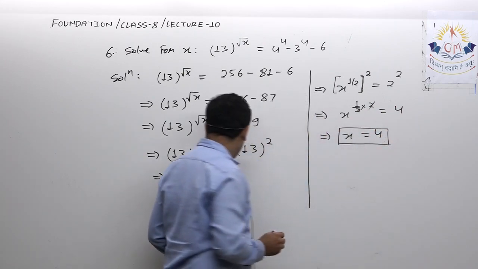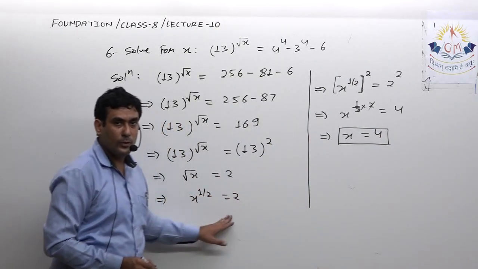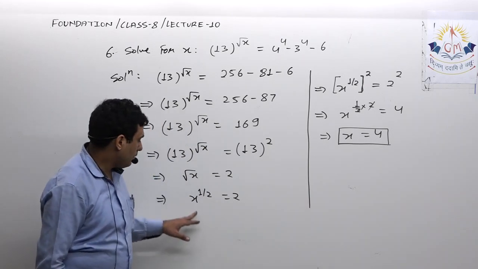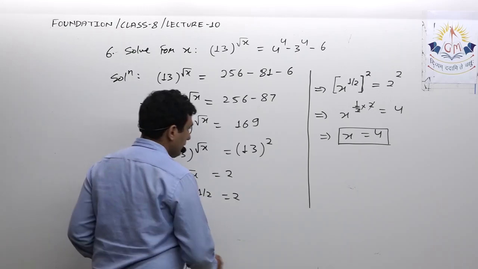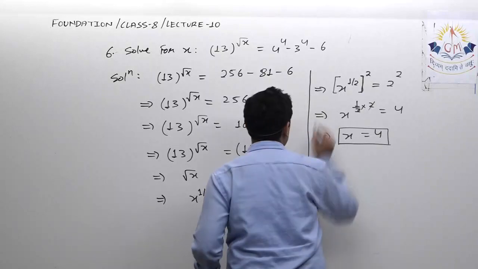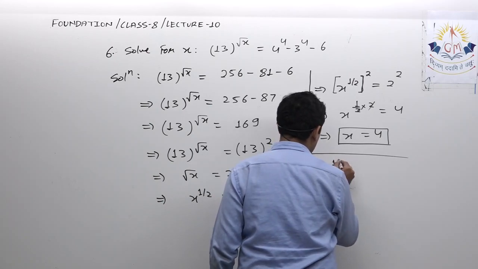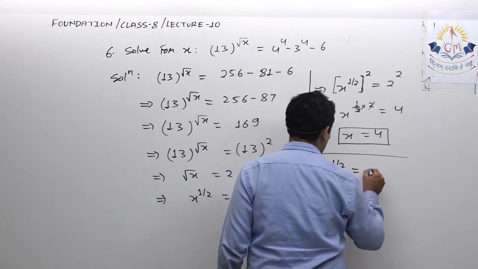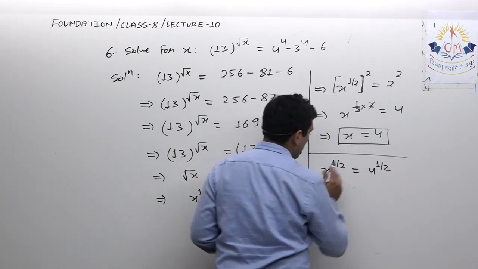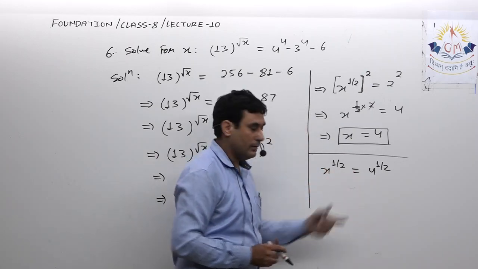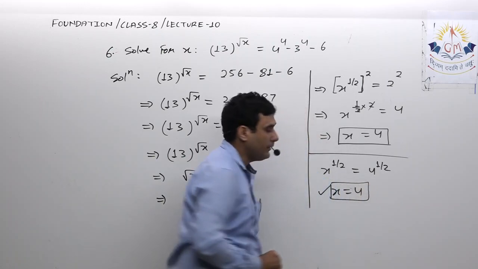Okay, and another thing that can be done. Here x raised to 1 by 2, now when it is not possible to make the bases same, what I will do, I will try to make the powers same. Let me tell you one more way. Either I can go in this way or I can go in this way also. X raised to 1 by 2, and here I can write 2 is actually 4 raised to 1 by 2, isn't it? So now here the bases are different, powers are same, so bases must be same, so x equal to 4. So this is also a way to get the value of x.